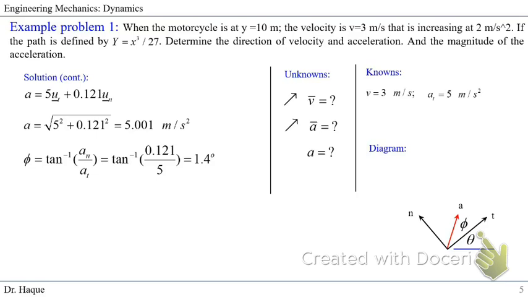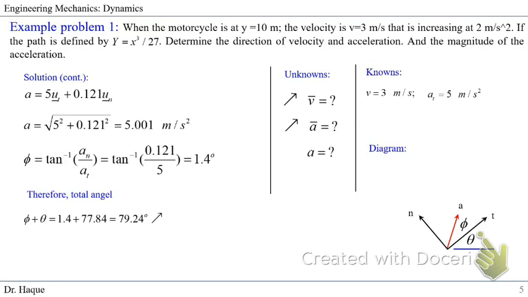We put the normal component as dy, and we put a_t as dx. So the angle we get will be phi, which is with the tangential component. So the total angle of acceleration with the horizontal axis would be the summation of both theta and phi,